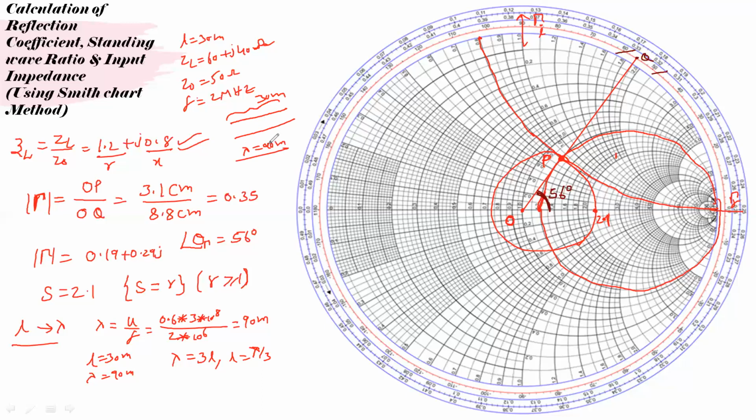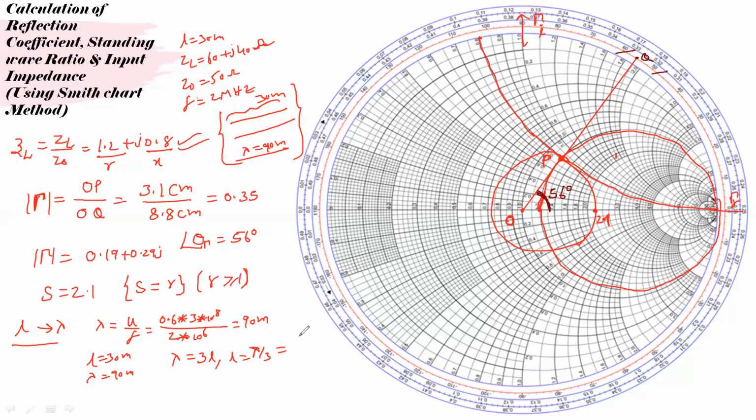So wavelength is greater than the transmission line. The entire wave cannot be placed at a time inside the transmission line. That is the observation between L and lambda. So from the Smith chart general notation, we know one complete rotation of the Smith chart,